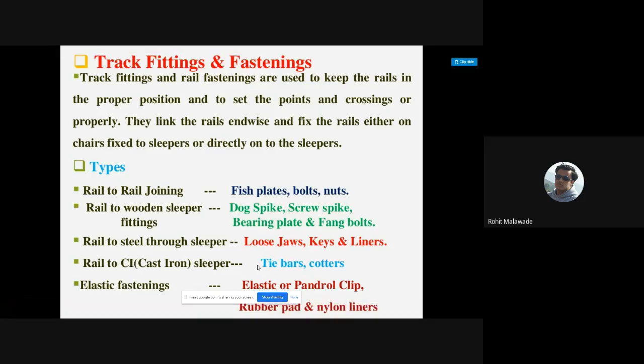If you want to connect two rails, and if you are going to use the bowl type of sleeper, I have shown you the diagram also, we will be using the tie bar. Then for elastic fastening, we will be using rubber pad, nylon and all. So these are the different types of fixtures and fastenings that we are going to use.